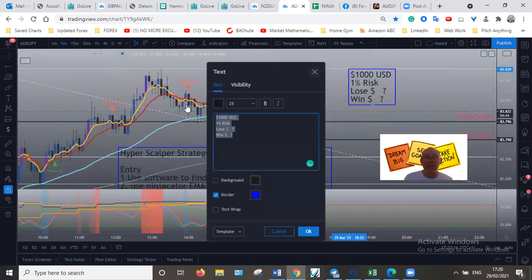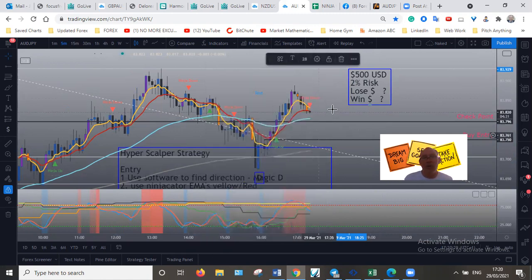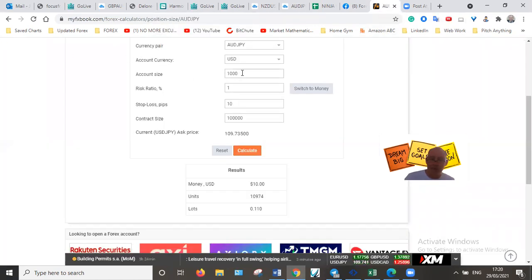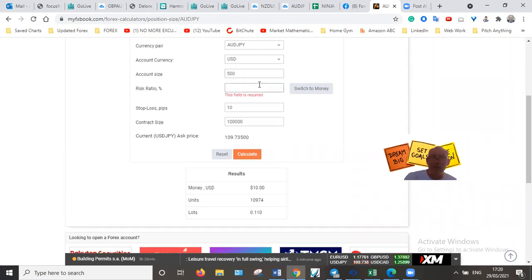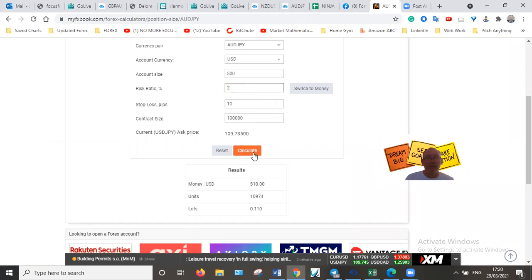Let's use another example. Let's say some people only have $500. $500 with a risk of 2% this time. Same trade. $500, risk 2%. So I'm prepared to lose $10. Like previously before, remember, it was 15. So again, it doesn't make you rich,